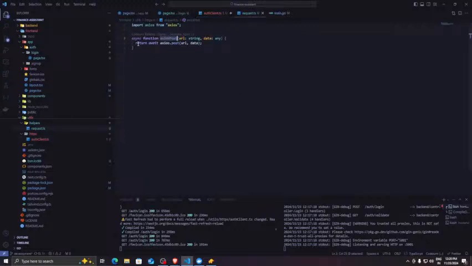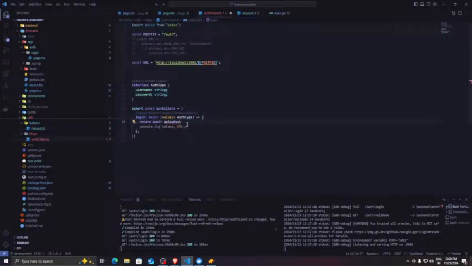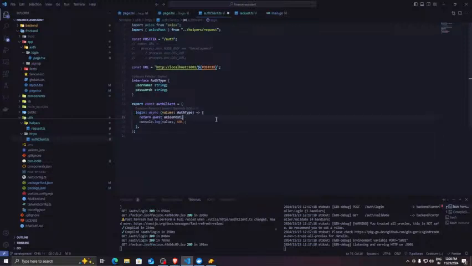Oh, I have to export also. So export async function. Okay, export now quick fix helper. What I'm going to do is call this with URL and values, and what I should do is